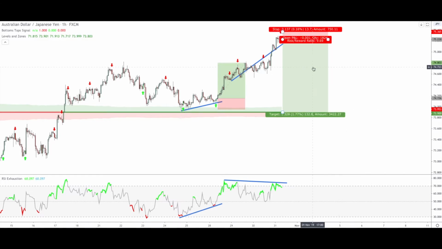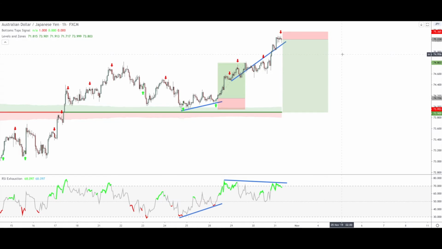However, to me, it looks like it might be a bit too much in this case, not because I don't trust this level, but because by looking at the most recent price action, I see some structure going on here. In particular, I'm referring to this level here. Let me draw it for you. This level here, okay? So as you can see here, we have a horizontal line